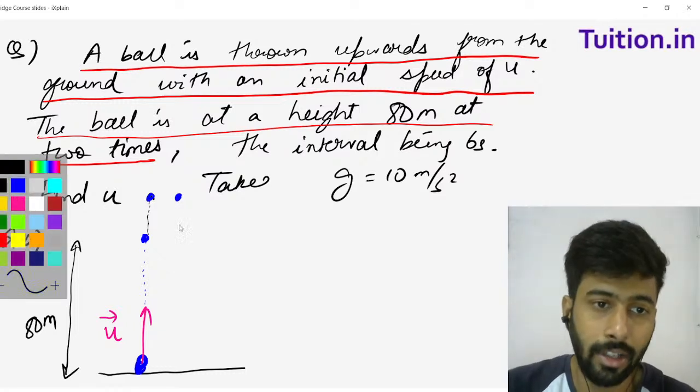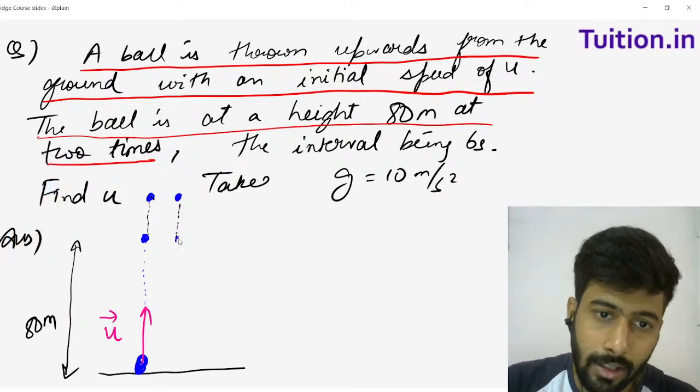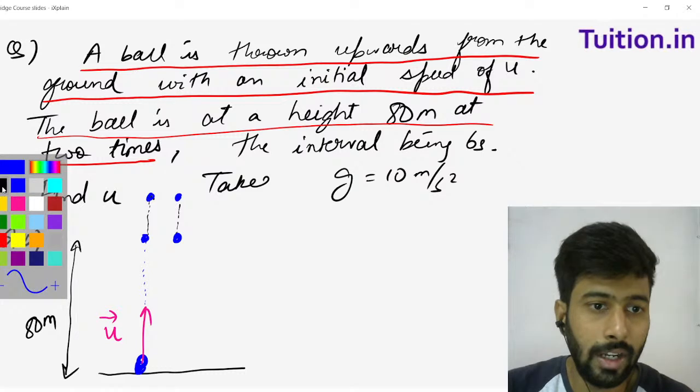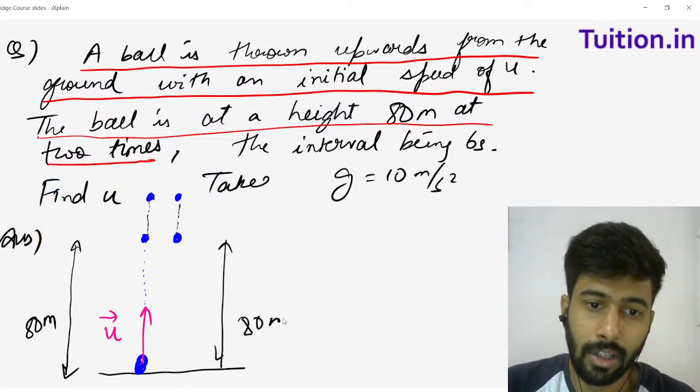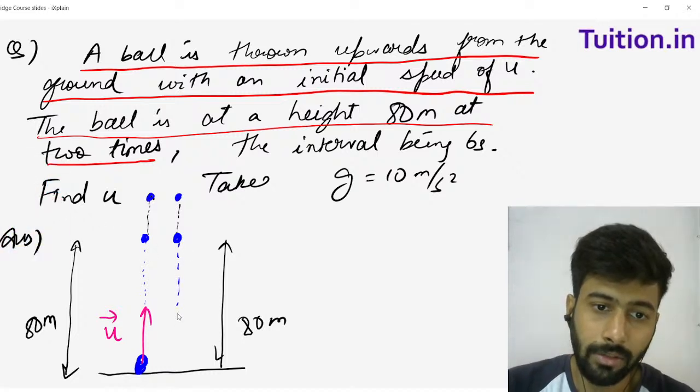slightly to the right. Okay, so now the ball will start coming down, and then once again it will cross this 80 meter mark, right? So once again the ball is at a height of 80 meters, and now it will continue to come down,